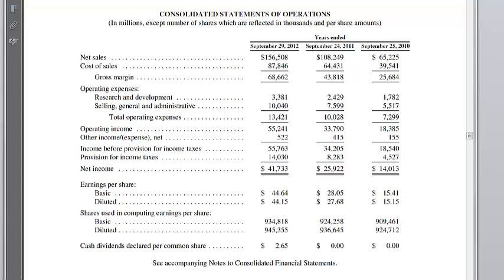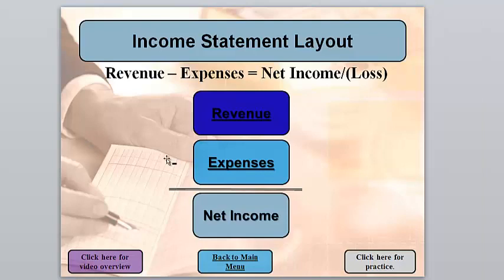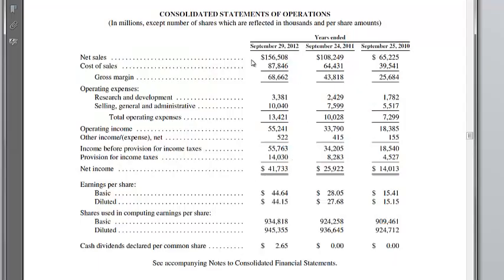Now, if you remember from the slides here, the layout for the income statement is that revenue minus expenses equals net income. If I go back to Apple's income statement, it always starts out with revenue, and then it lists all the different types of expenses: cost of sales, research and development, SG&A, tax expense, to come up with net income. The net income for Apple is 41,733,